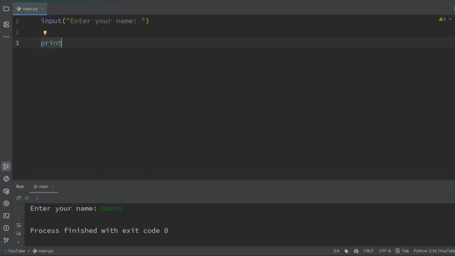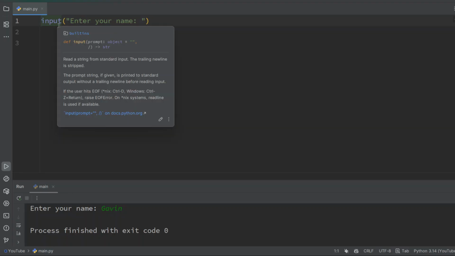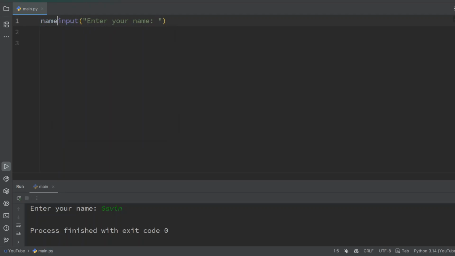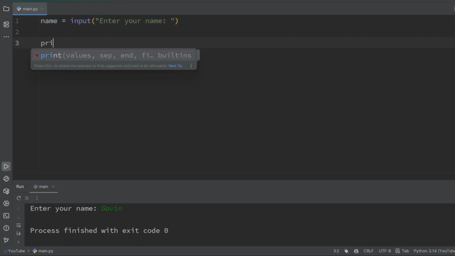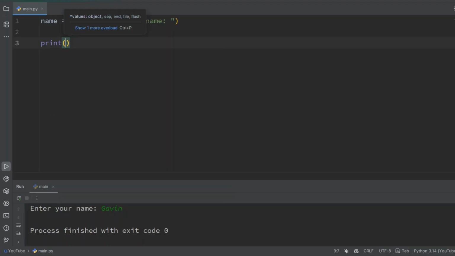so we can later retrieve the stored value and print out something like, hey, whatever your name is. So in order to do that, we want to assign it to a variable, and we want to give the variable a name, and it's going to be name equals input. And whenever we print out the name,